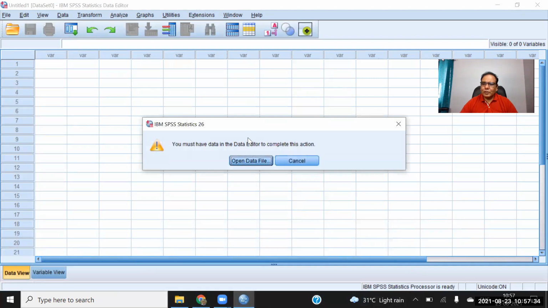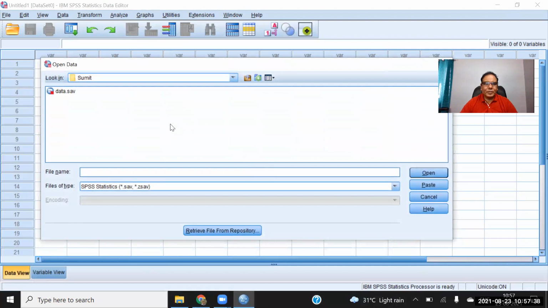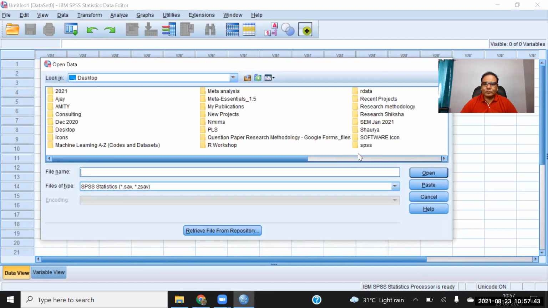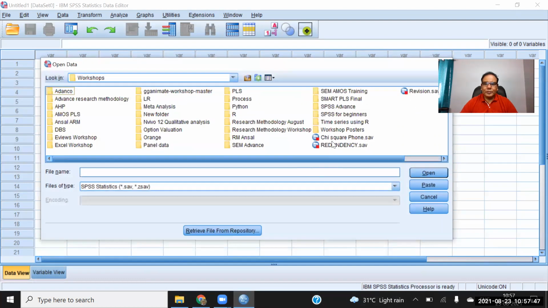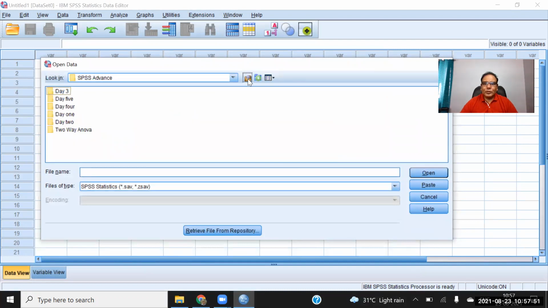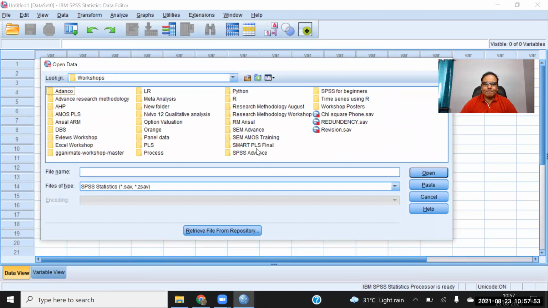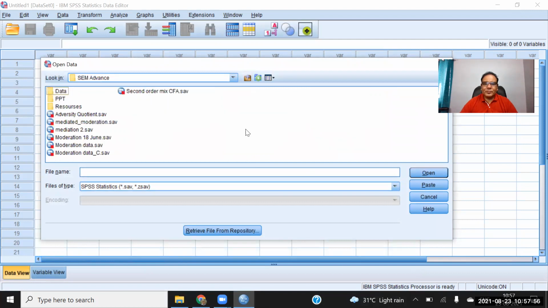Once you want to run it, you have to open a file. Let's open any random file. I am just opening STEM Advanced.